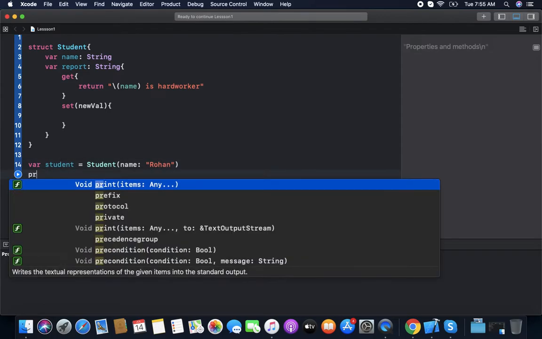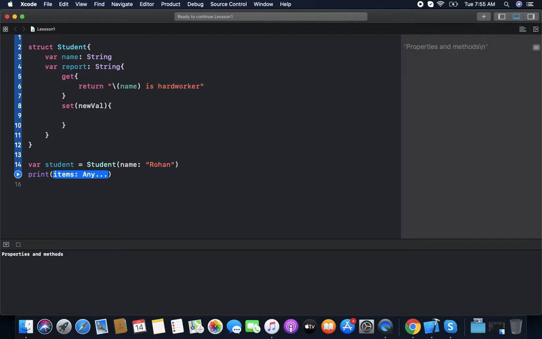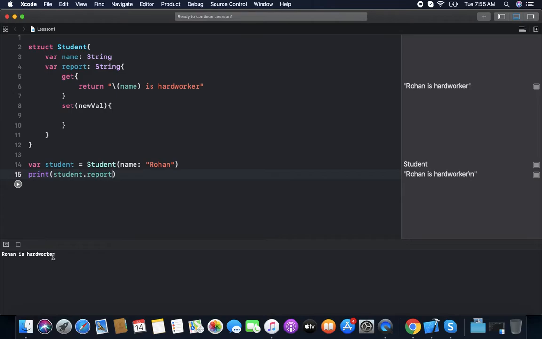Now print its report, student.report. You can see Rohan is a hard worker. So a computed property is calculated using a getter and setter.